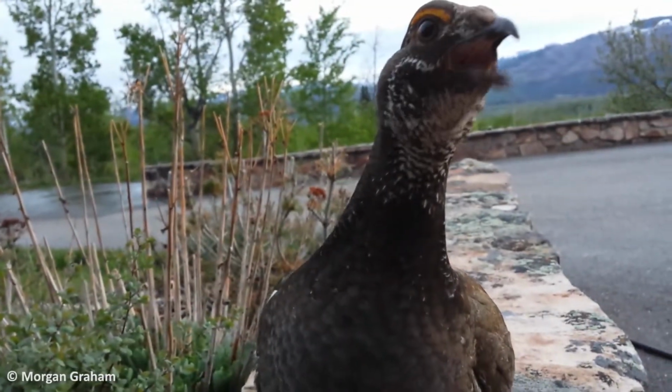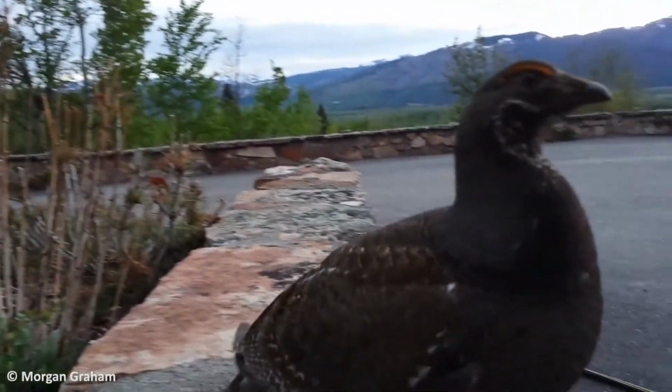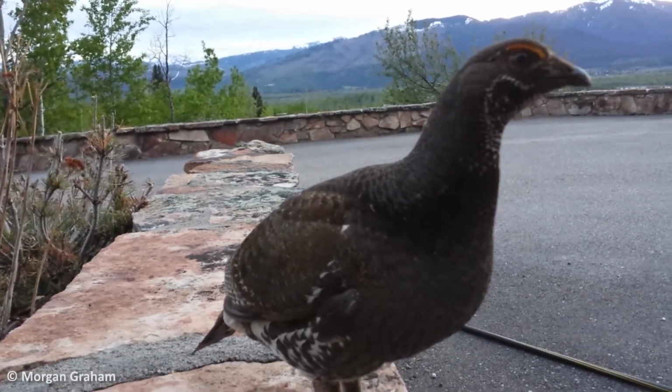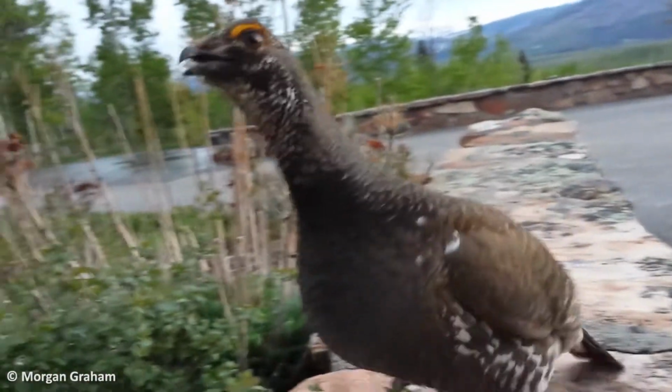If they're challenging you, they might be a male in the springtime trying to display and attract mates. If they're running away from you, it might be a hen trying to distract you away from her chicks. Male dusky grouse have these bright purple sacs right here, and they make a hooting sound in the forest in the spring to attract mates. And it sort of sounds like